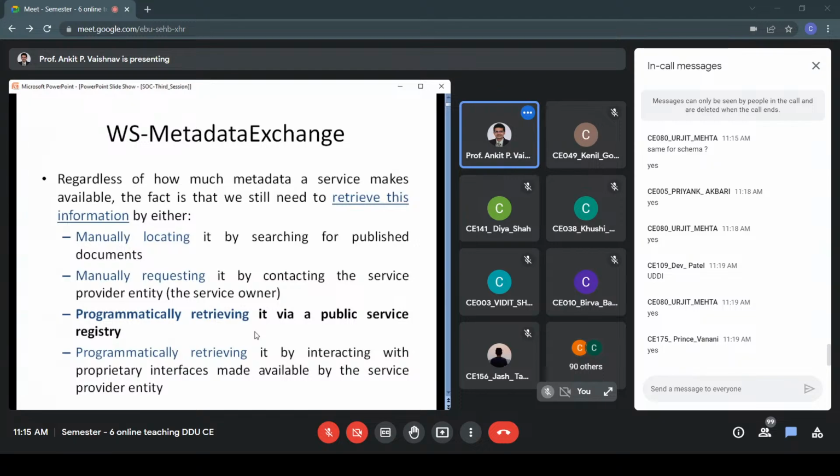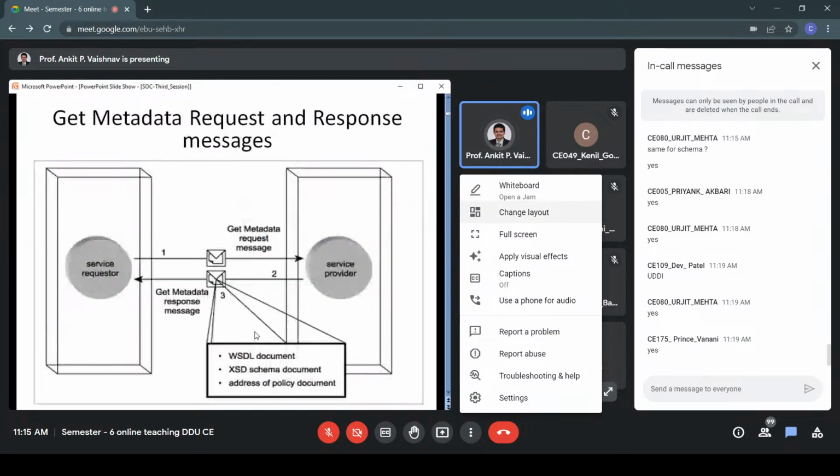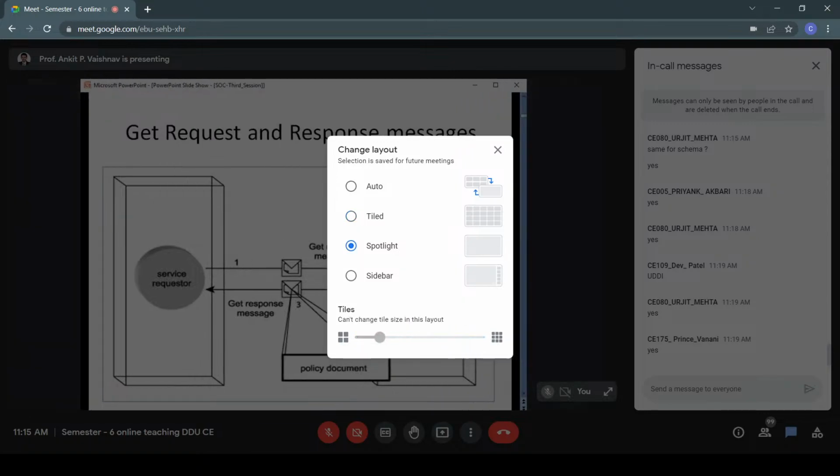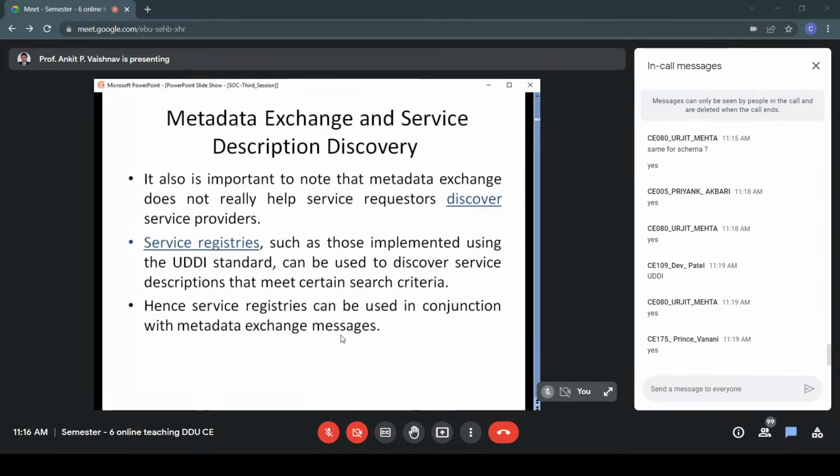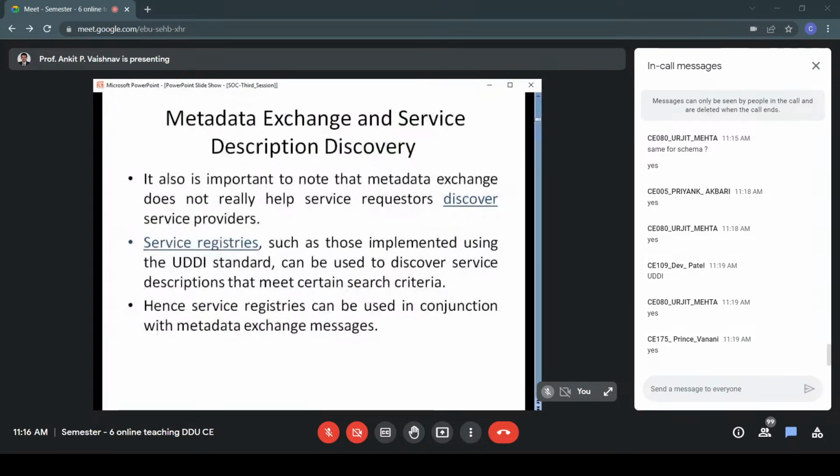First you will contact the public UDDI, or public registry. Then if you are interested in knowing more details about that service, you will kick off the GetMetadata exchange messages. Yes or no?